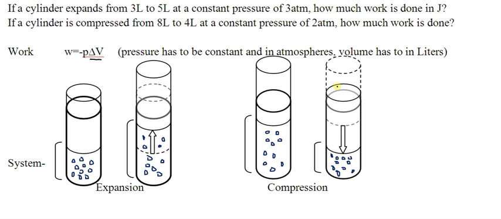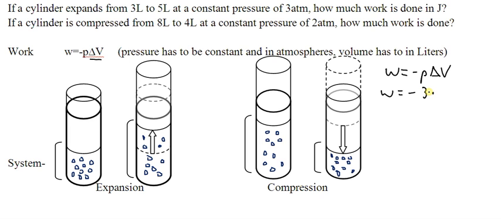So we've got two questions here. Question 1: if a cylinder expands from 3 liters to 5 liters at a constant pressure of 3 atmospheres, how much work is done in joules? For this case, because we're being asked about work and we've been given a constant pressure as an indicator, we know that work is going to be equal to negative P delta V. So as far as our values are concerned, work is going to be equal to negative 3 times